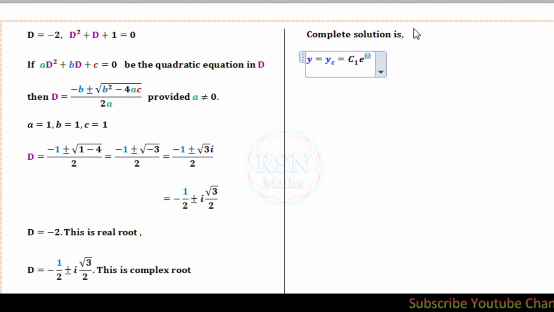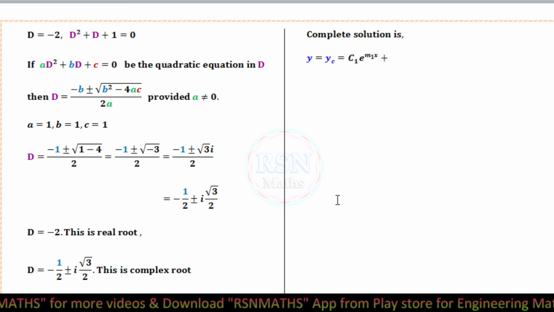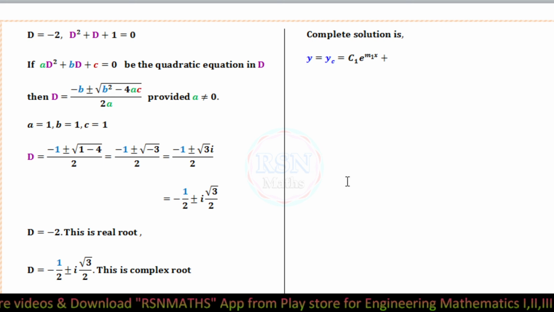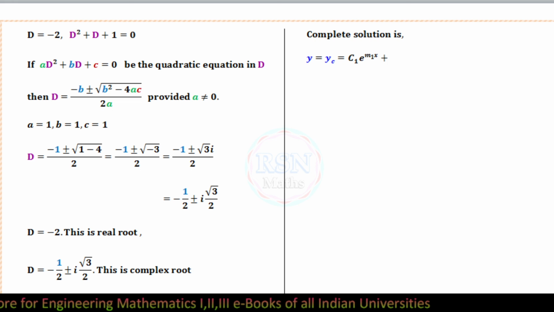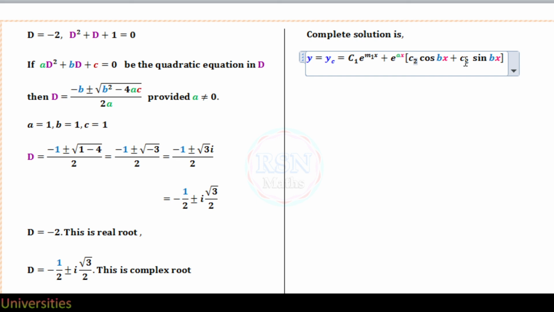Now related to the second root, these roots are complex, so here can we write its solution part like this: e raised to ax into c2 cos bx plus c3 sin bx. Okay. Now here the value of m1 is